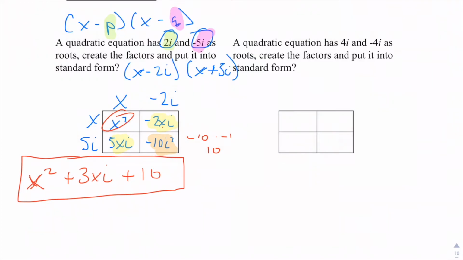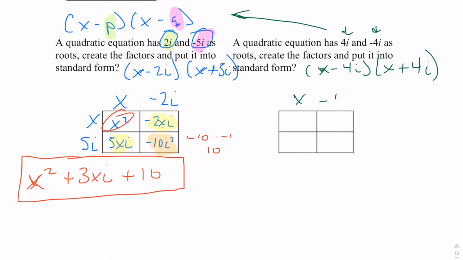Working with our second quadratic equation, it says that we have roots of 4i and -4i. And again, using the form that we showed over here, our factors are going to be x minus 4i and x plus 4i. We want to use our Punnett square, x minus 4i, x plus 4i. We get x squared, we get minus 4xi, we get 4xi, and we get